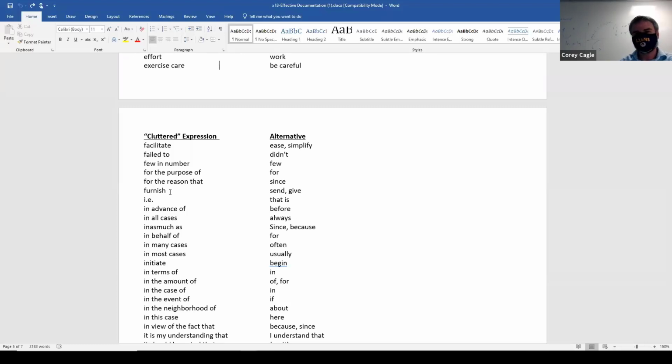I probably throw IE in the emails every now and then. Nothing wrong with that, in my opinion. In advance of, wordy, in all cases, is a little redundant. In as much as, sounds like you already raised your hand. Yeah. You like to get fancy with all these combined words, herewith and in as much as.